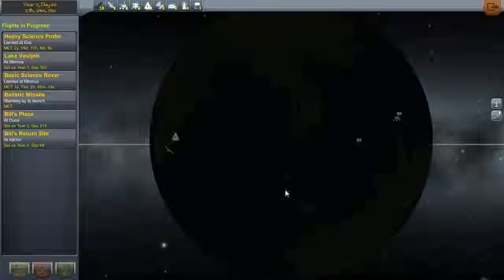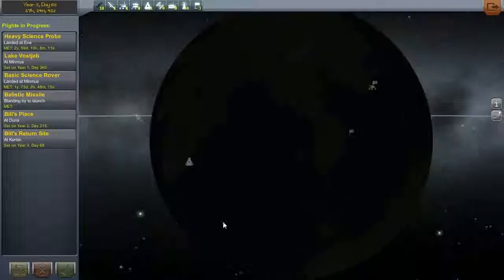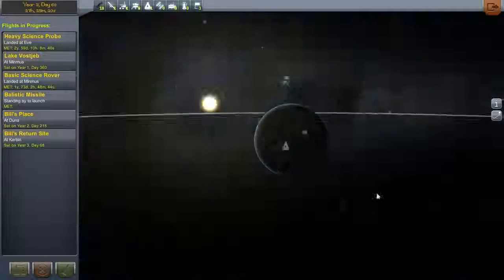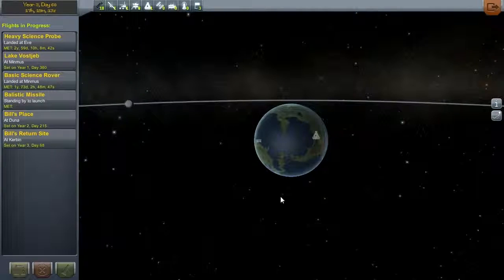So, okay, thank you for watching. That was an epic voyage to Duna. And in the next part I'll use that science to unlock some bits and bobs and go somewhere else. Not sure where. Eve is a possibility, but getting back from Eve is an impossibility with the parts that I have anyway. It takes a lot to get into orbit from Eve, so maybe I'll visit one of the barren outer planets, or Jool. Jool's interesting. I could visit a lot of the moons and...